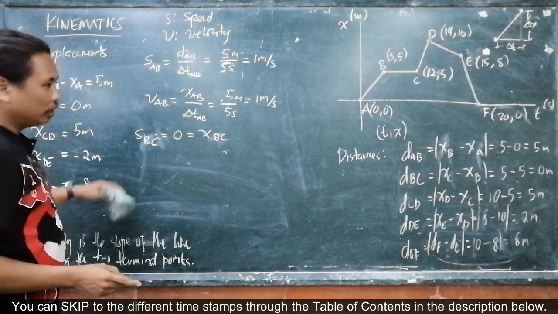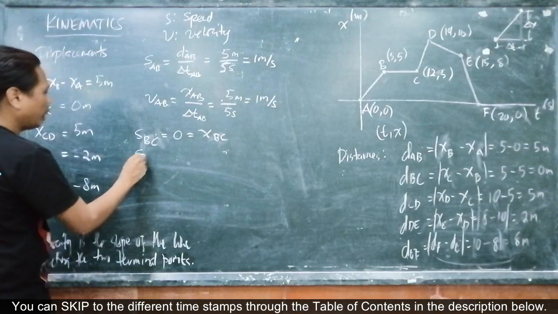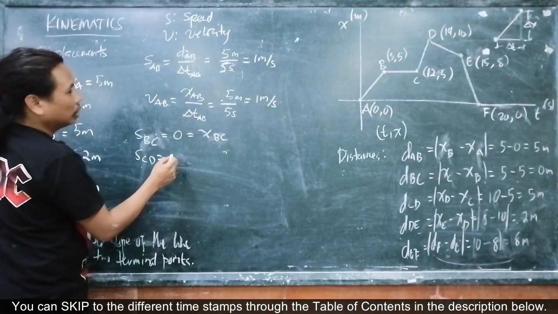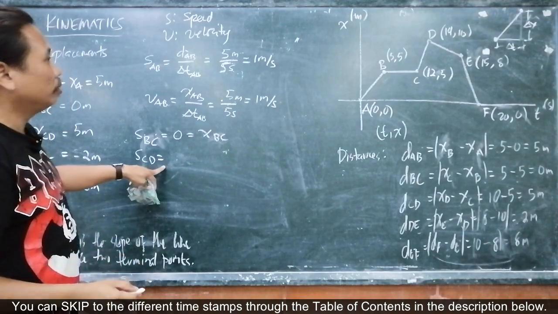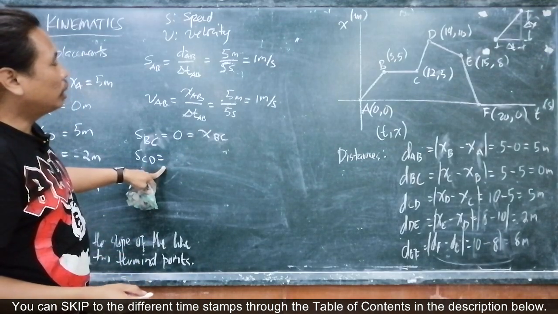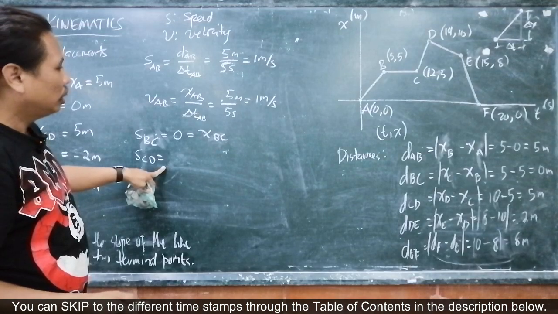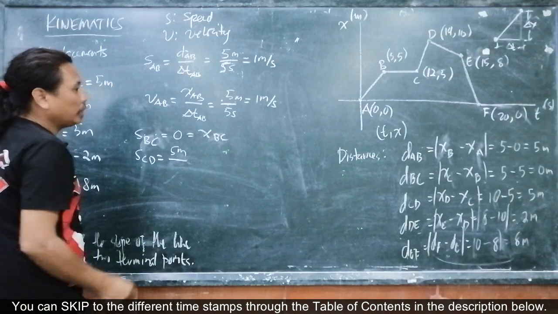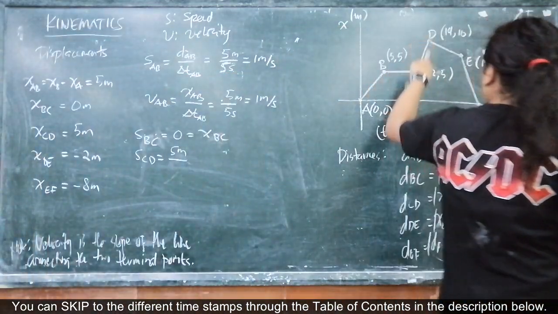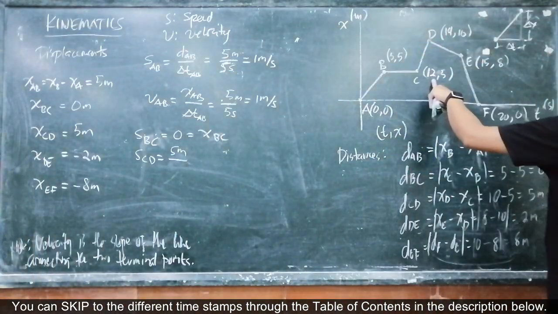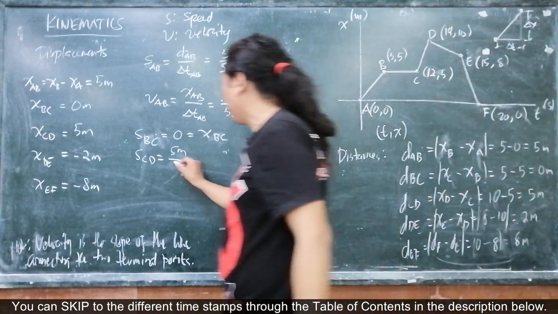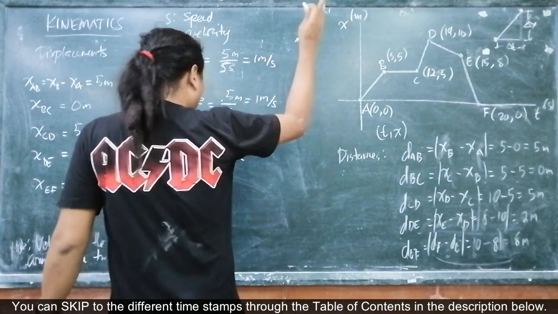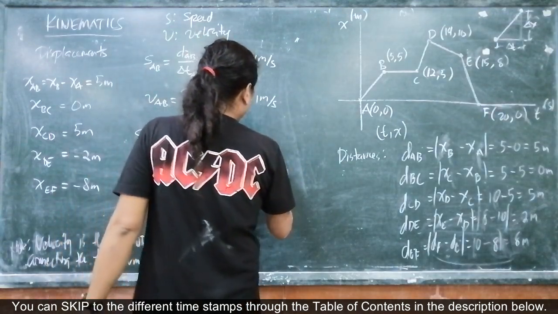And, okay, the CD, how about SCD? This is 5 meters, this is what? So how about CD? SCD is DCD, 5 meters, divided by what's the elapsed time? CD. The elapsed time is 14 minus 12. That's just 2 seconds, right? 2 seconds. So this is now 2.5 meters per second. And since this is also equal to XAB.